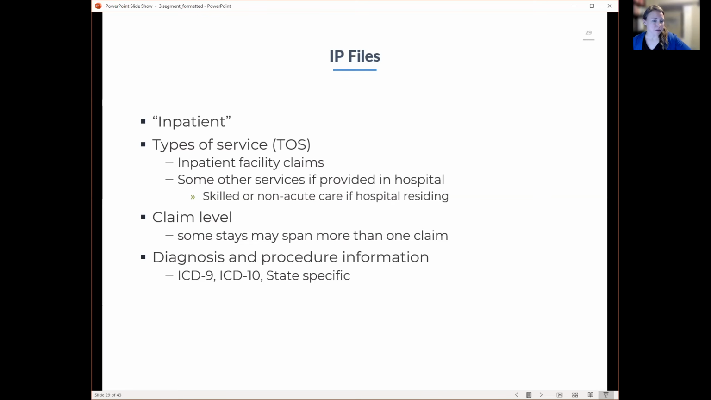So more detail about what we see in the inpatient file. The types of services we see are inpatient facility claims, and you might see other services if they are provided in a hospital. So it could be skilled or non-acute care if the residence is a hospital. And at the claim level,